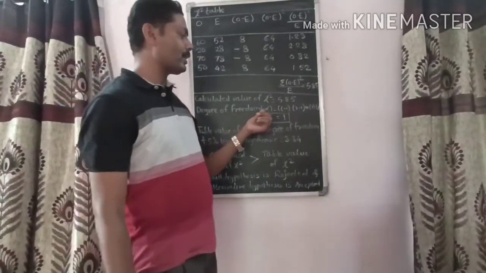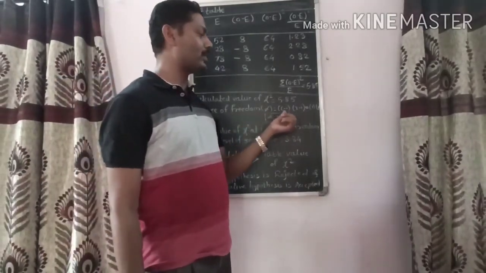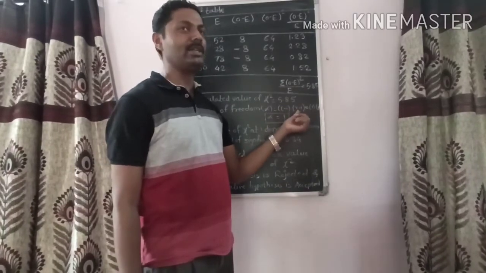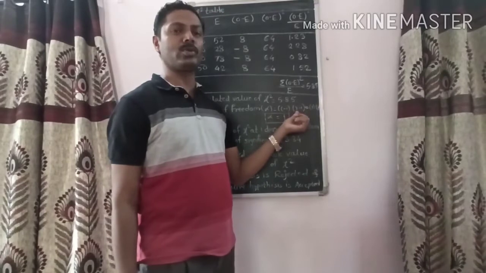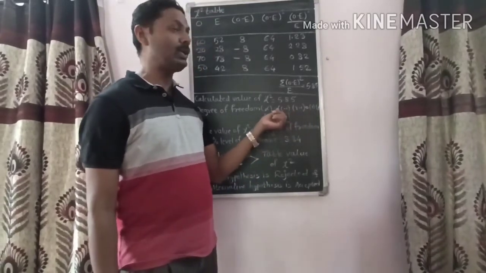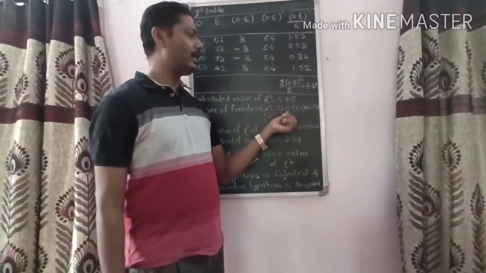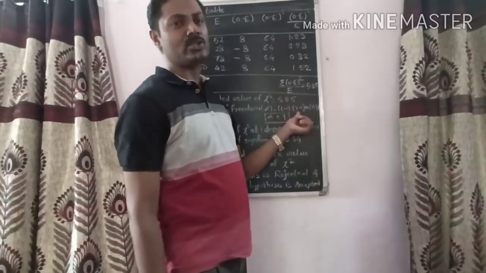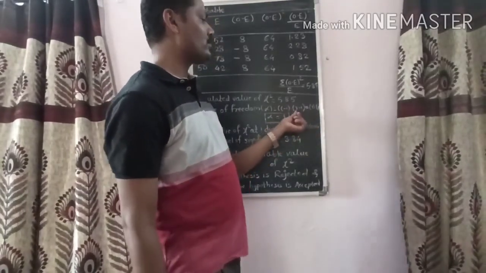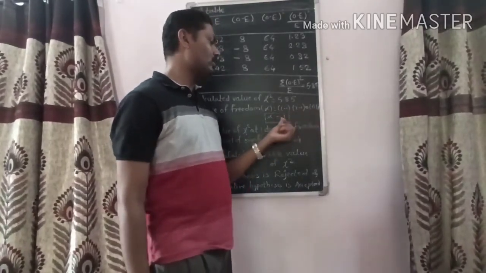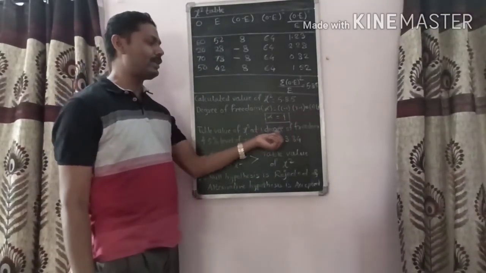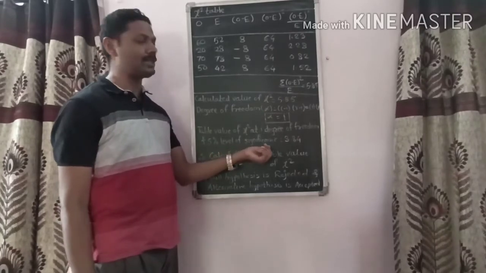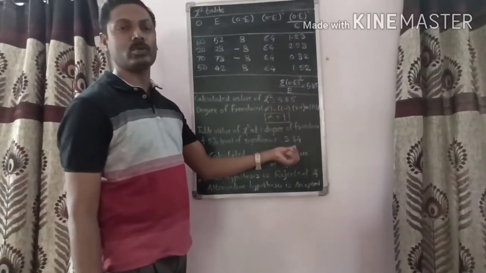So first find degree of freedom. Degree of freedom, it is denoted by alpha. It has formula C minus 1 into R minus 1. C stands for number of columns and R stands for number of rows. In our example, we have given 2 columns, so C is 2 here, and 2 rows, so R is 2 here. So 2 minus 1 into 2 minus 1, it is 1 into 1, 1. So alpha is 1 here. So table value of chi-square at 1 degree of freedom and 5% level of significance, it is 3.84.